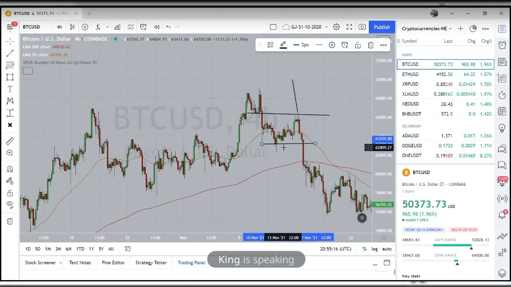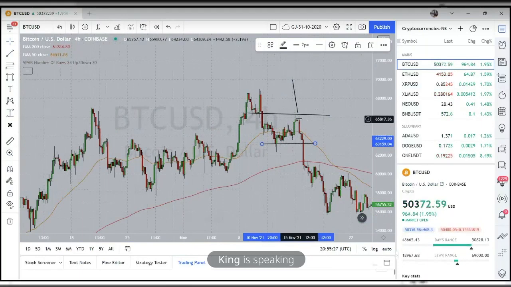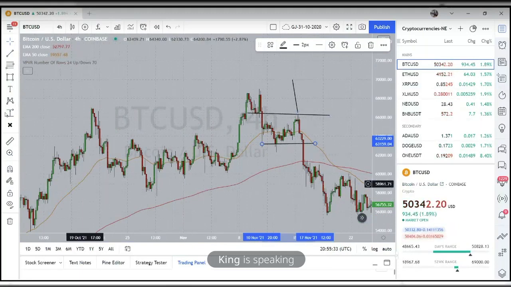So I would be looking for a confirmation that we're getting a downtrend from these highs,